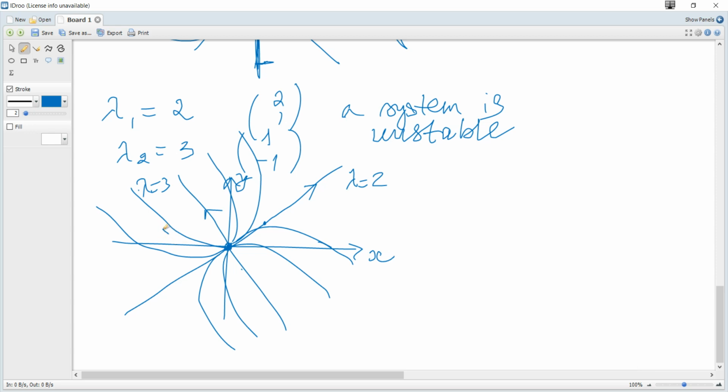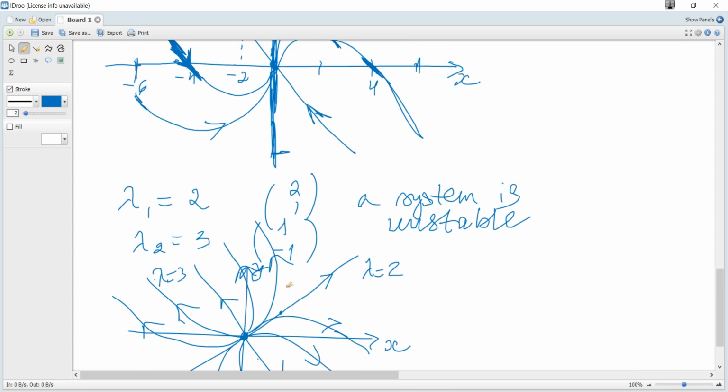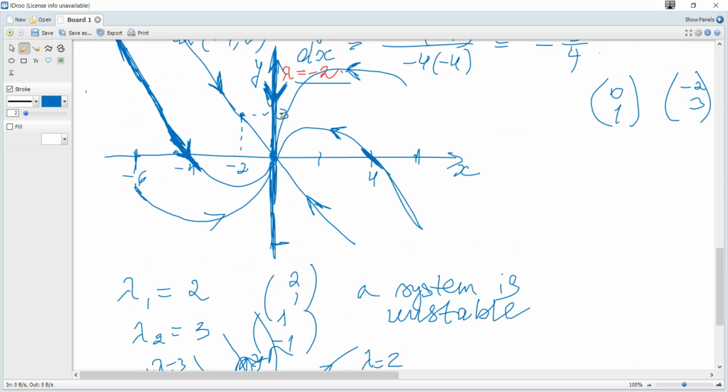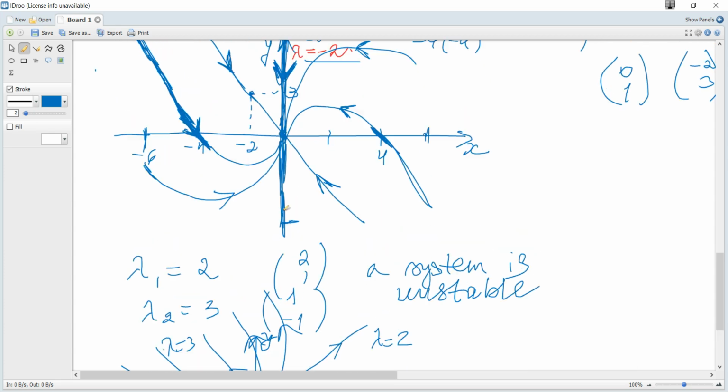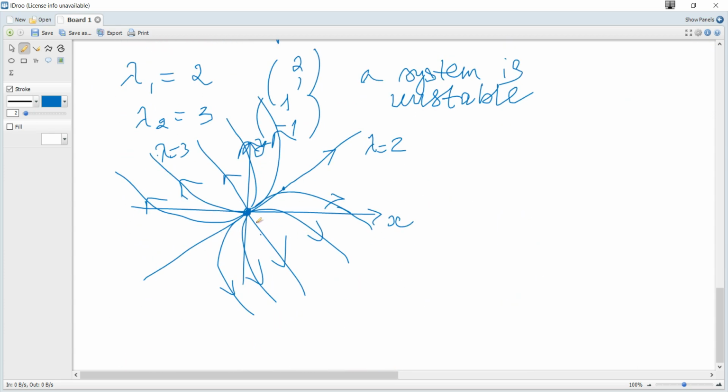Oh, sorry, away. Actually, our solution also looks like this, but one of the vectors is just the y-axis, so it looks like this. But in general, it will be like this. If lambda 1 is negative 2 and lambda 2 is negative 3, it will be absolutely the same, but arrows will be to the origin, and